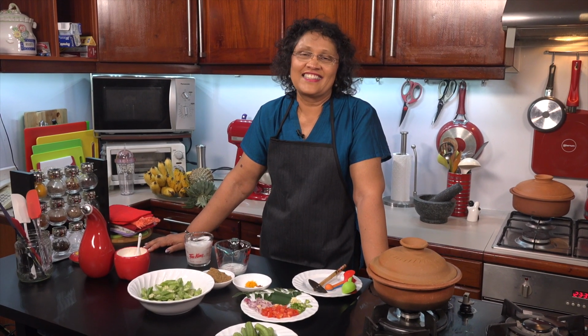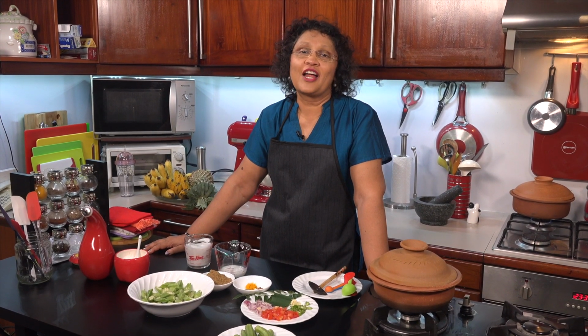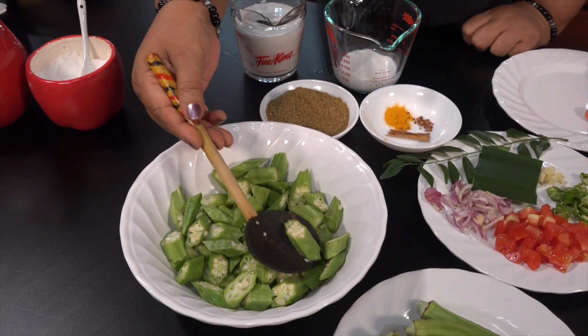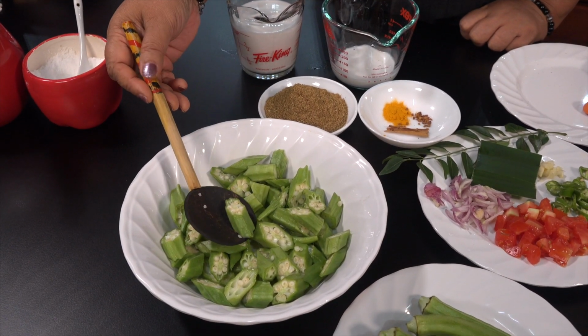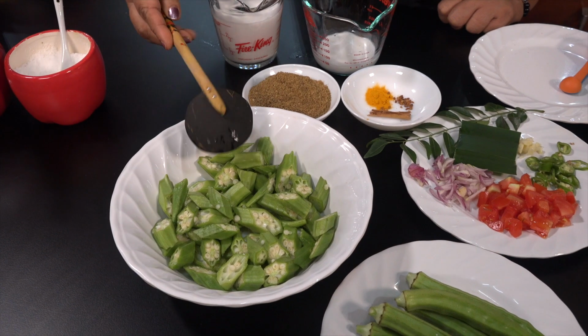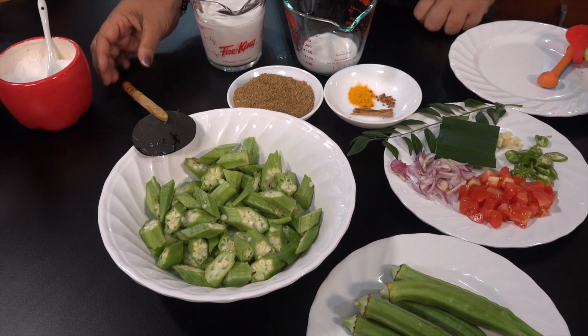Welcome to my kitchen. In this episode of Anoma's cooking, I am going to show you how to make an okra curry. Here I have 200 grams of okra cut into medium sized pieces like this, and we need unroasted